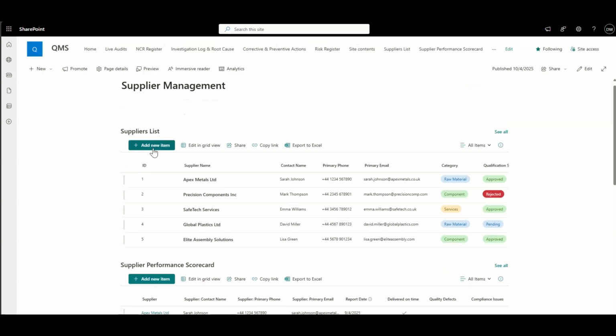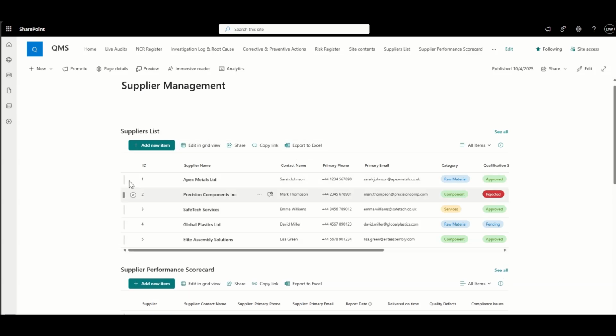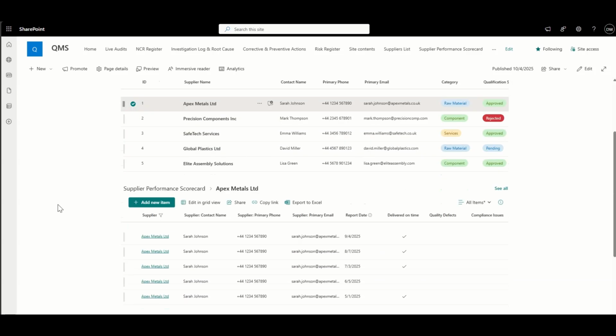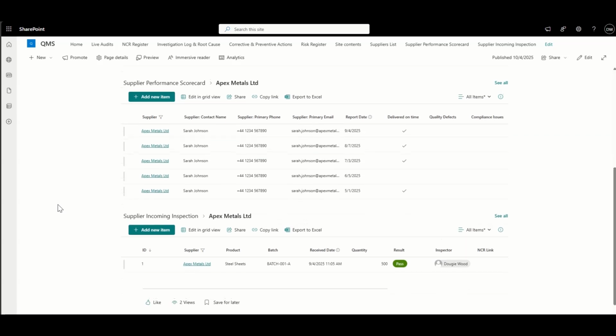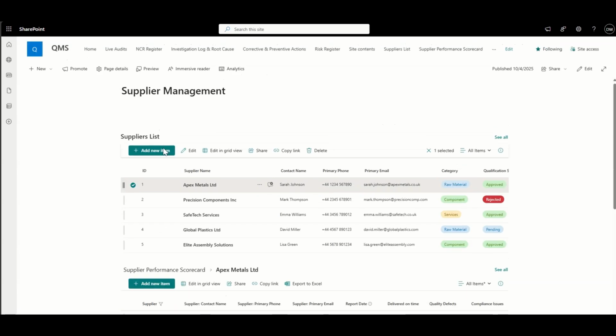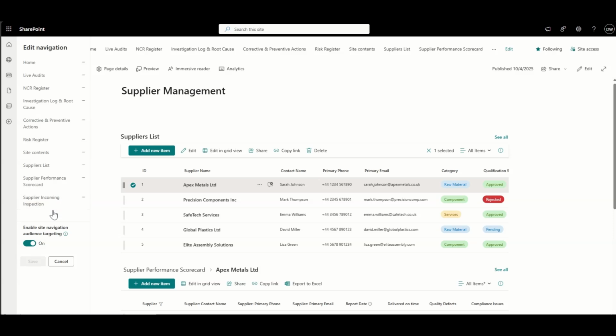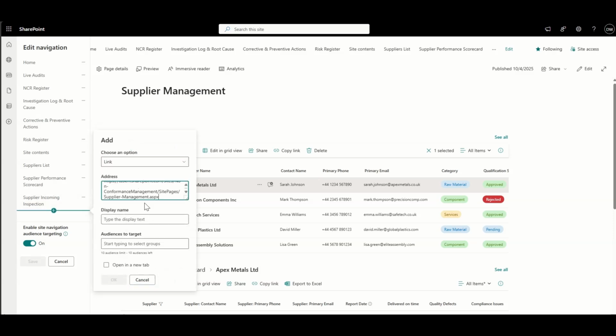Nice and set up. Now you can remove some of these top areas if you want to neaten it up a bit further, but then it's just nice and easy now that we can jump in and quickly dive into what's going on per supplier. So rather than having all of these across the top, what I'll more than likely do is just copy this, go up to the top, add in our supplier page,